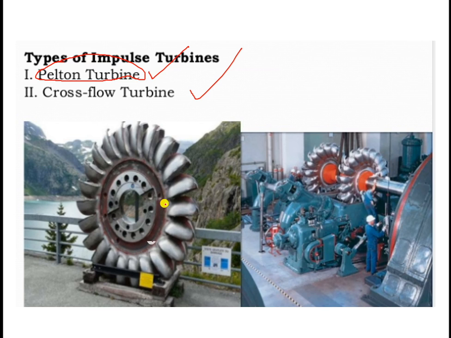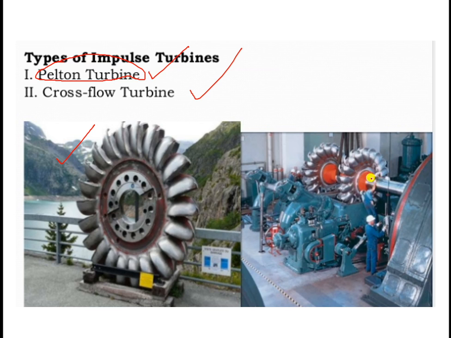See how huge the actual view of the turbine is. You can say this is the disc, or a big structure on which these buckets are mounted. These are some fixing points, and inside this is the rotor shaft on which the wheel, to which the buckets are attached, can be mounted. So this is the rotor on which the buckets are available, as far as the Pelton turbine or Pelton wheel is concerned. This is also a Pelton wheel. You can see here these are the buckets.